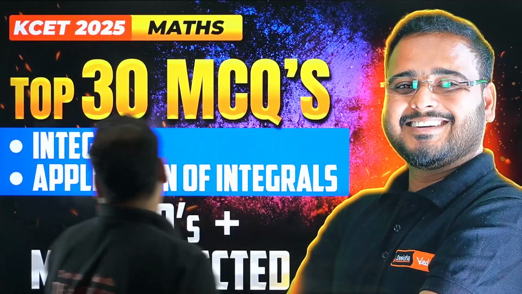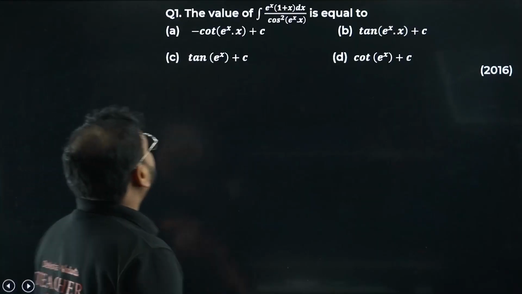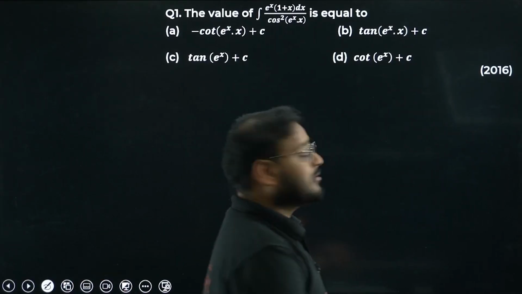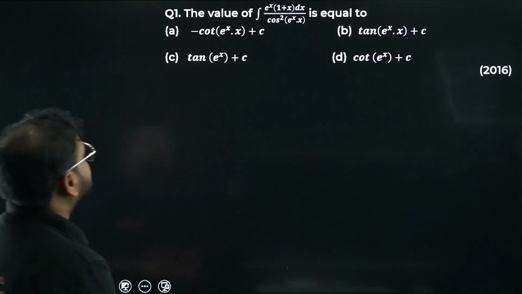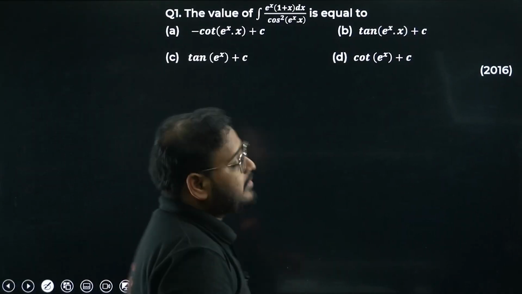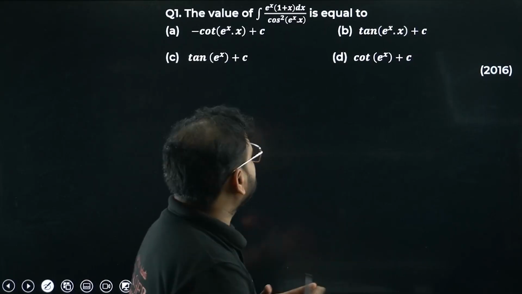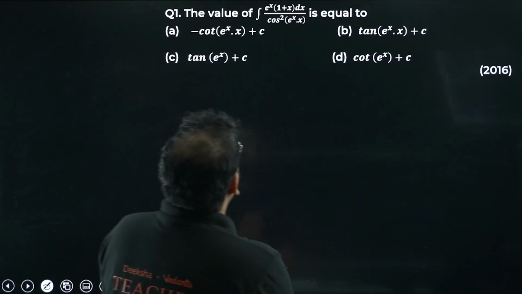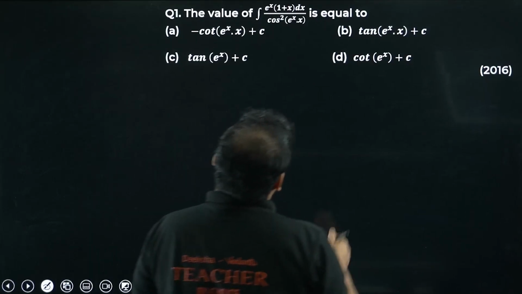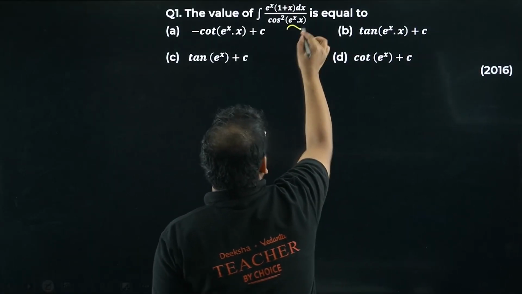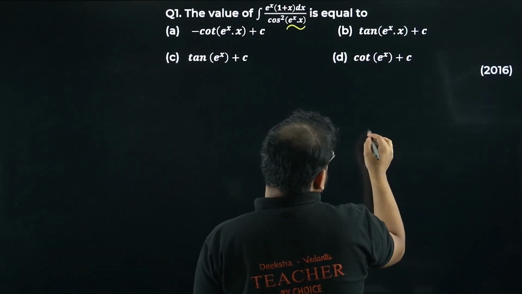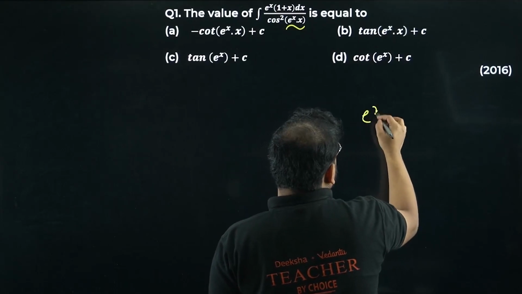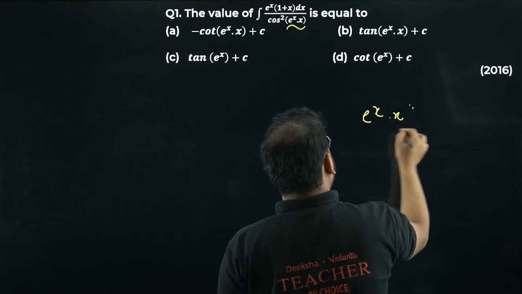Okay, so let's start with question number 1. Have a look. The value of this function, integration is given. Whenever you have e power x, some type of substitution will be used. Good for us actually, we have here e power x into x. Reason being, if you check this out, the derivative of e power x into x, if you take it,